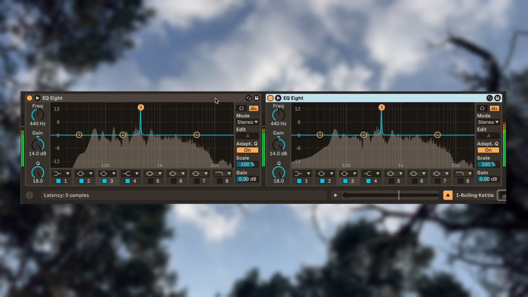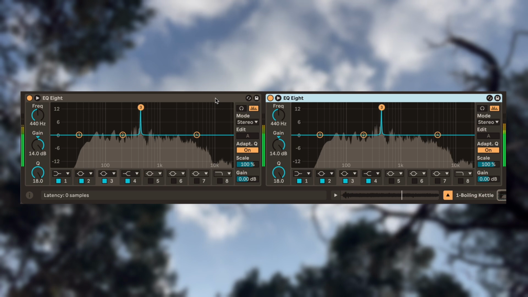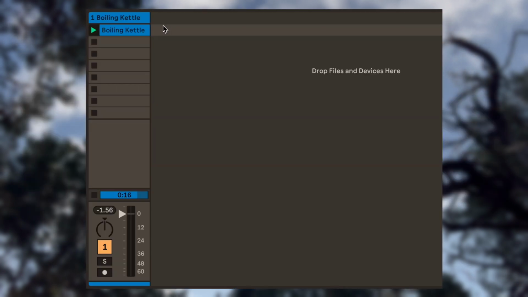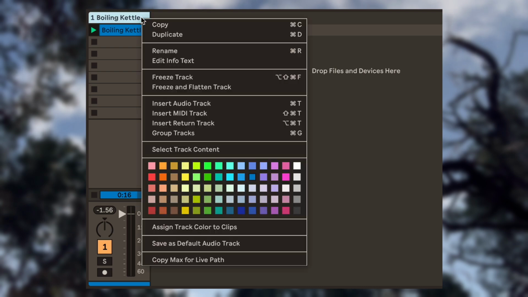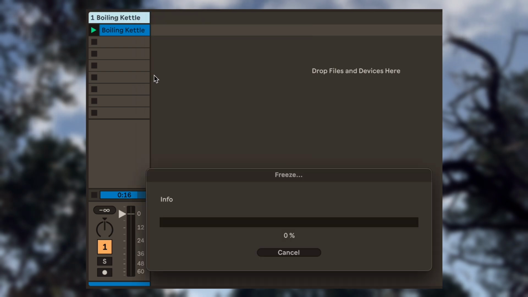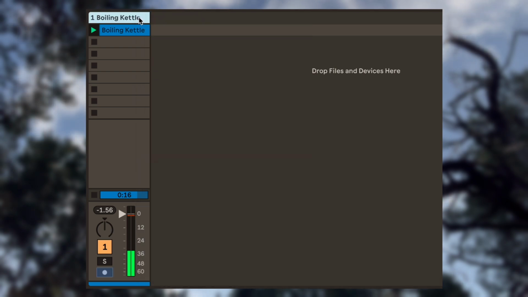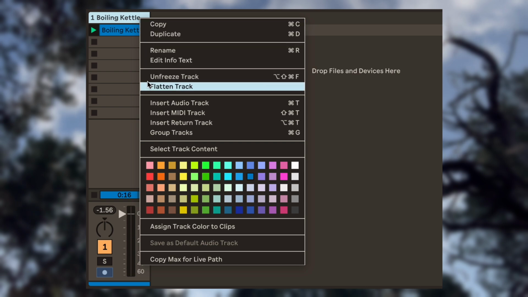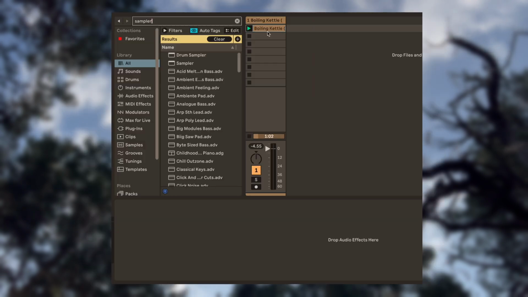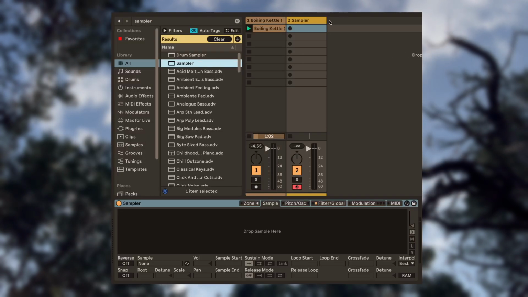Now let's duplicate that EQ once or twice. Let's freeze the track and flatten it to audio. Let's open a sampler and drop our fresh audio